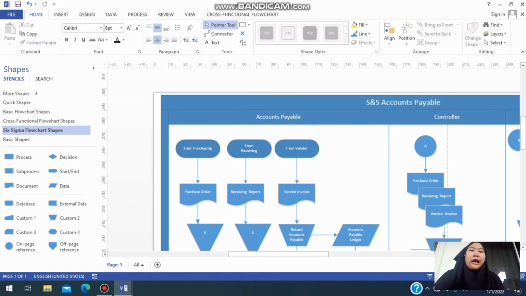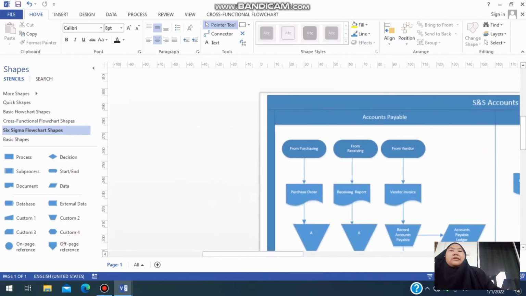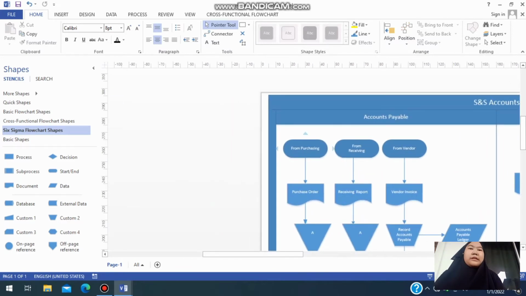The lanes are accounts payable, controller, and owner or manager. So I will explain this one. The shape is called terminal. I use this one based on the Six Sigma flowchart shape and make it like this. So I type like this,